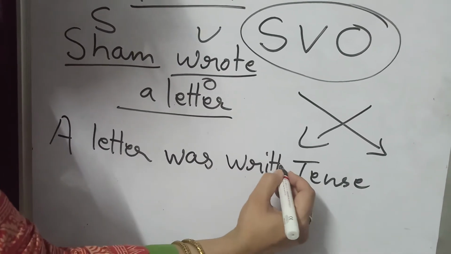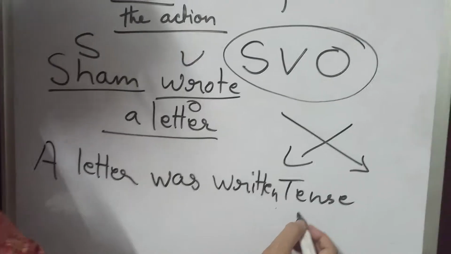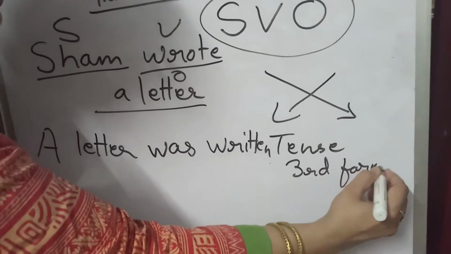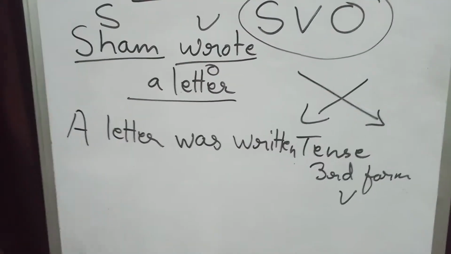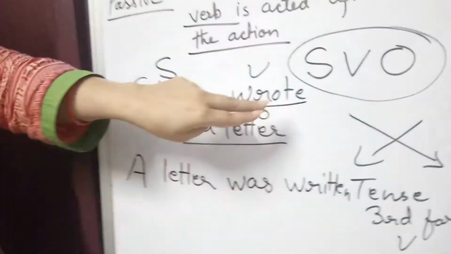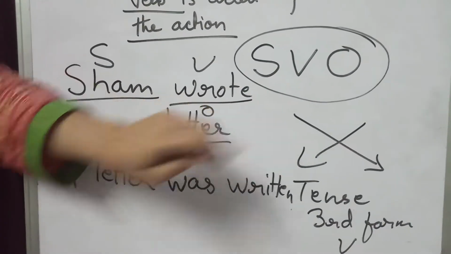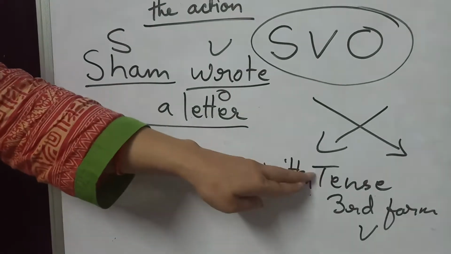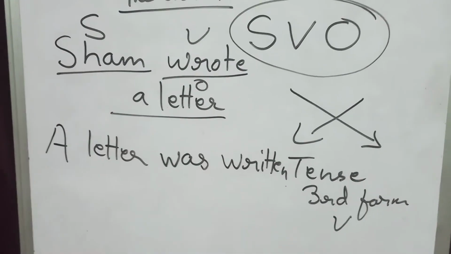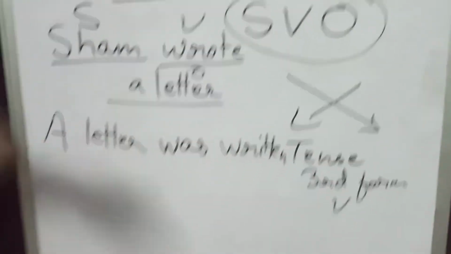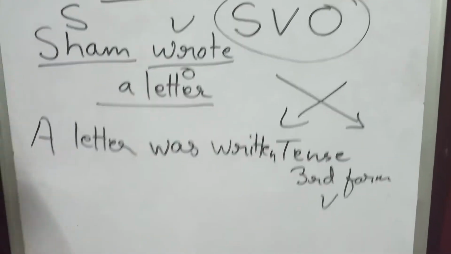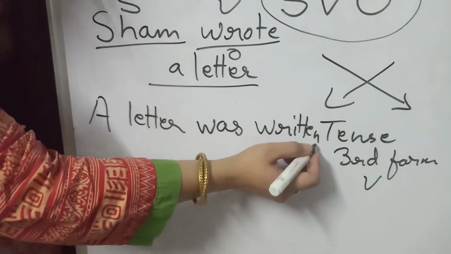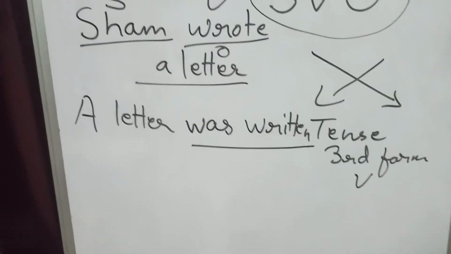And now we come to the fourth rule, that we always use the third form of verb. So first rule, I repeat, you have to mark subject, verb, object, then you have to give a crisscross or exchange, then you have to recognize the tense, and then you have to mark only the third form of verb, which is written in the passive voice. So our verb we have done with, that was written.